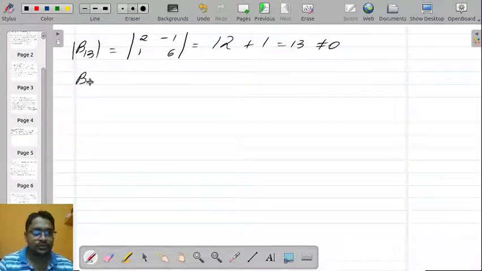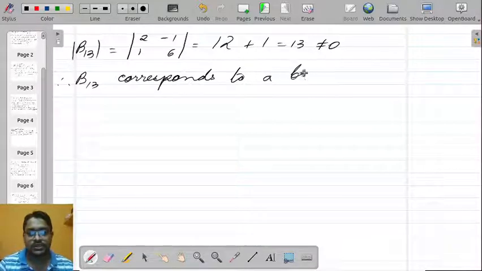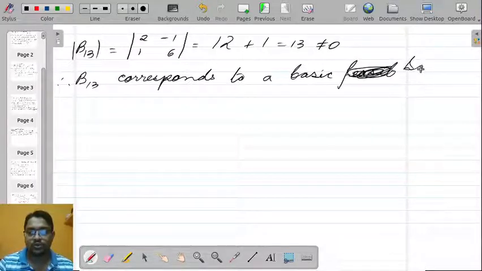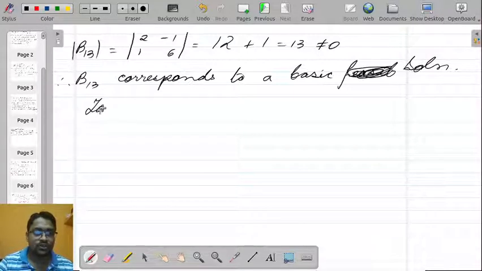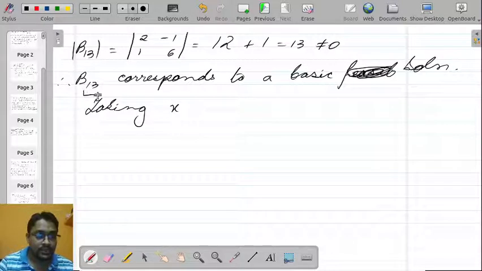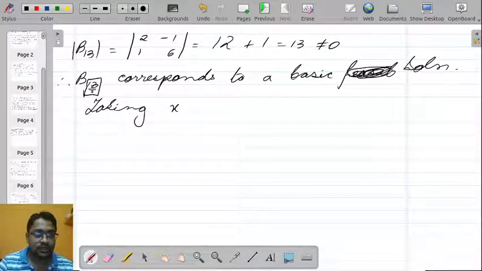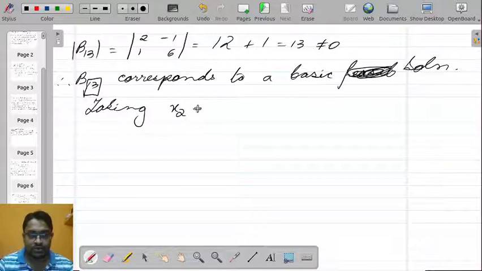So B13 corresponds to a basic solution. We can find a basic solution for this, right? I don't know whether it's feasible or not, but I know it's a basic solution. So which two variables do we have to take as 0? From here itself you can see B13 corresponds to x1 and x3. So we'll take x2 equal to x4 equal to 0. We get,